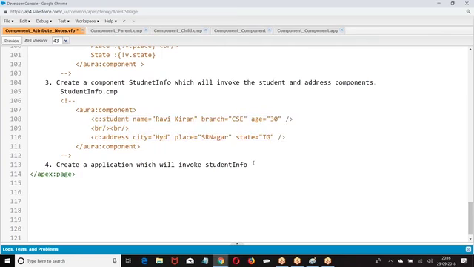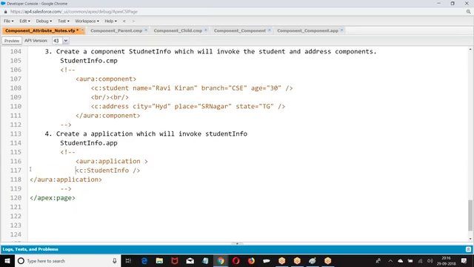Then create an application for this. I hope you are good with this.